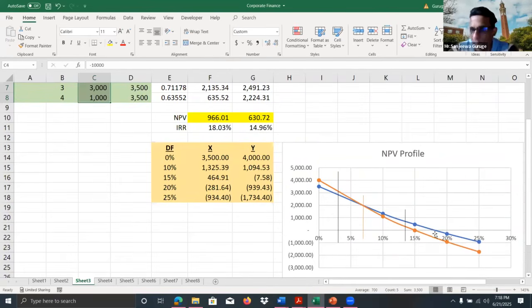And the other point: when the cost of capital increases, net present value decreases, right? At the point where the NPV profile crosses the cost of capital axis, what is the net present value? Net present value is 0. If the net present value is 0, what is that rate? That is IRR, right? So the point where the NPV profile crosses the horizontal axis, that is IRR.